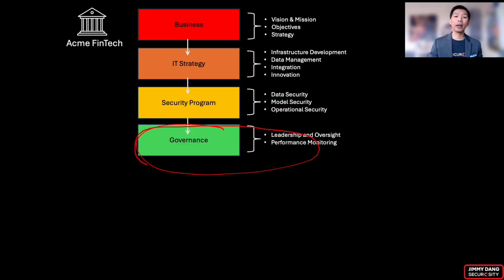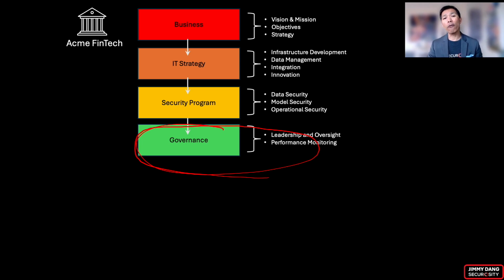Next, we have the governance structure. Effective governance is crucial to align our security program with business and IT objectives. Governance frameworks provide the structure and processes needed to ensure: 1. Accountability, 2. Manage risk, and 3. Achieve compliance. This includes leadership and oversight, establishing data roles and responsibilities for managing AI and security initiatives, as well as